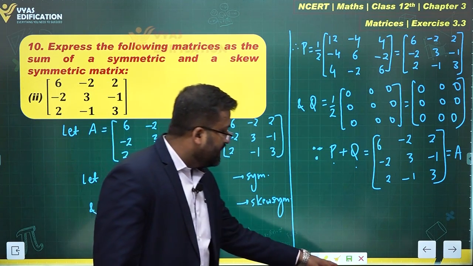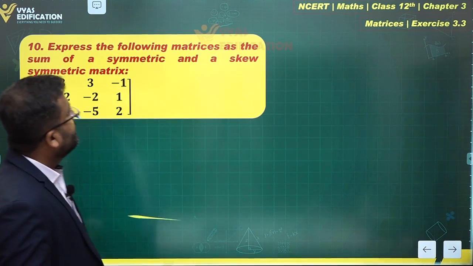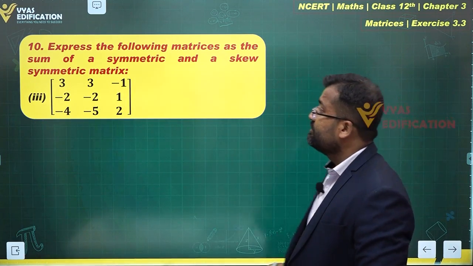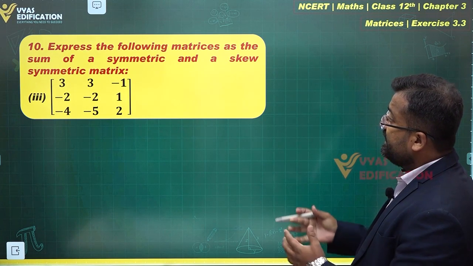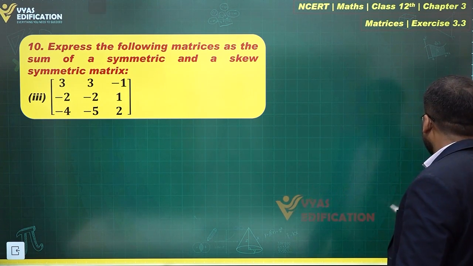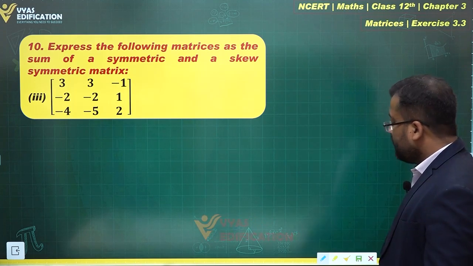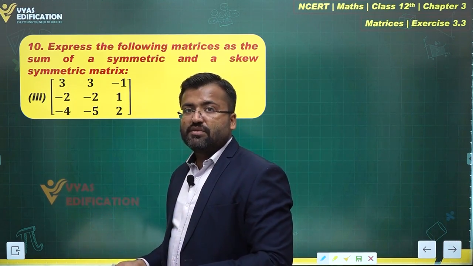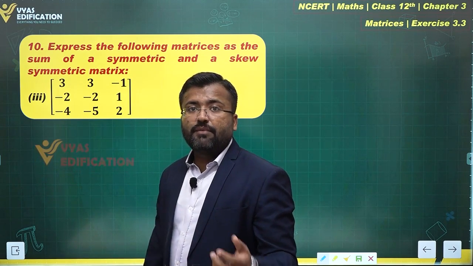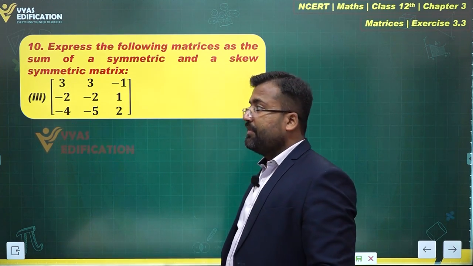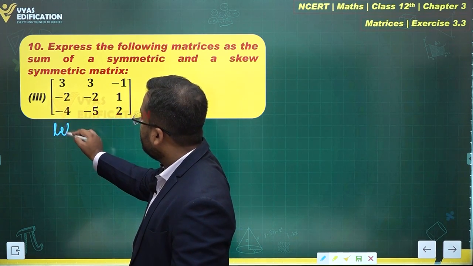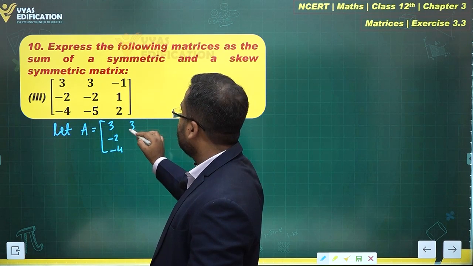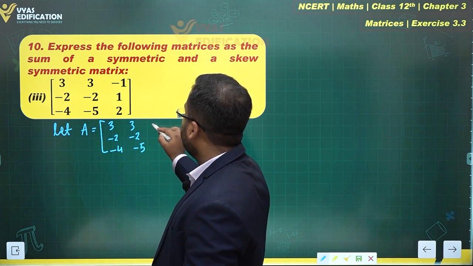What about part 3? Can we continue and move on to part 3? Yes. This is part 3 over here. Now observe this part 3. Let's assume it as a matrix A, and next we'll solve using the concepts developed that the symmetric matrix and skew symmetric matrix would be half of A plus A prime and half of A minus A prime. Okay. So let A equals this matrix: 3, minus 2, minus 4, 3, minus 2, minus 5, minus 1, 1, 2,